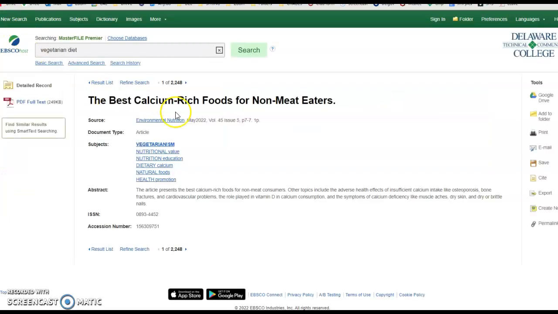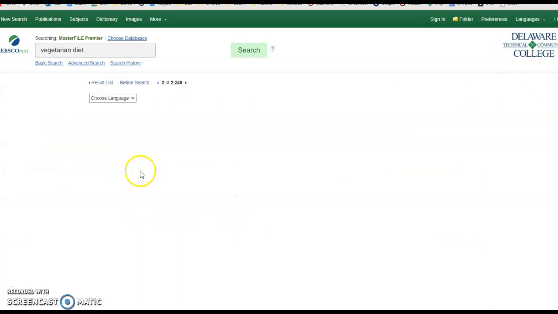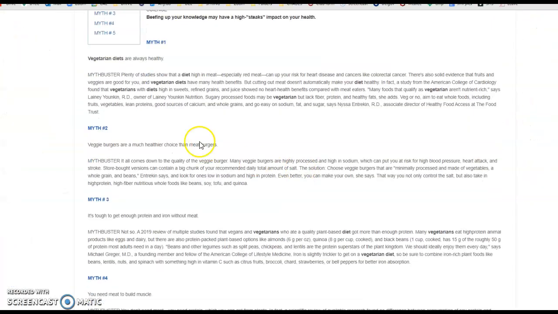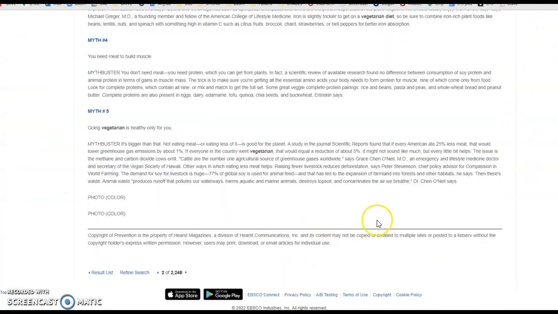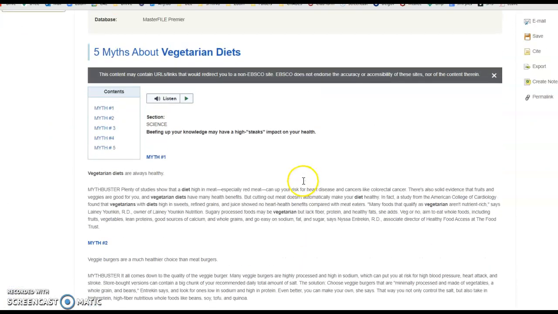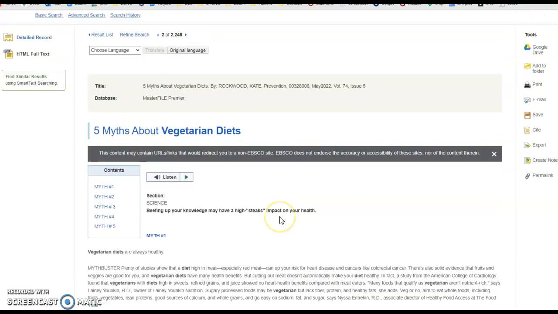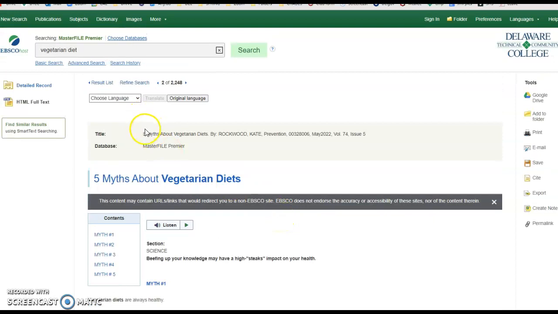For an article that is posted in HTML full text, it's going to look a little bit different, and you're going to have the actual article here in the database. So you won't have to click somewhere else and see what it looks like. It's just going to be loaded into the database right here for you. Either way, all the information still shows up on this page, and this is where you will decide, first of